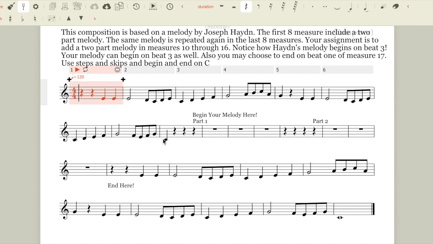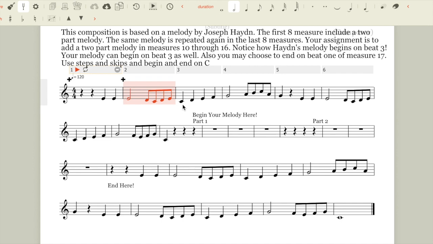One more thing on this one, make sure that you vary the rhythm up. A lot of beginning composition students will just go with quarter notes or half notes or something really, really simple. Notice how Haydn uses quarter notes, half notes, and eighth notes in his melody, and that's going to really help you to create good melodies. Also, notice where Haydn puts the eighth notes. He always puts them on beat 3 and 4 of the measure, and it leads into beat 1 of the next measure. It pushes it forward and helps that